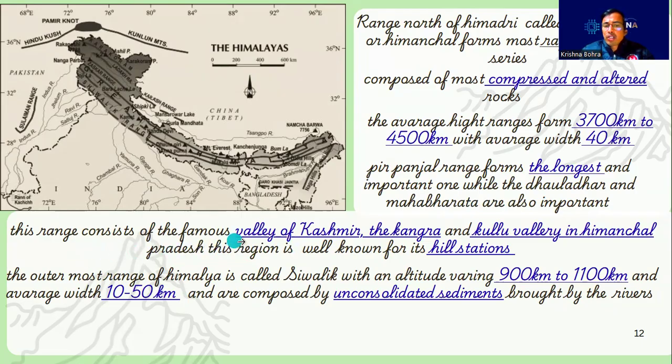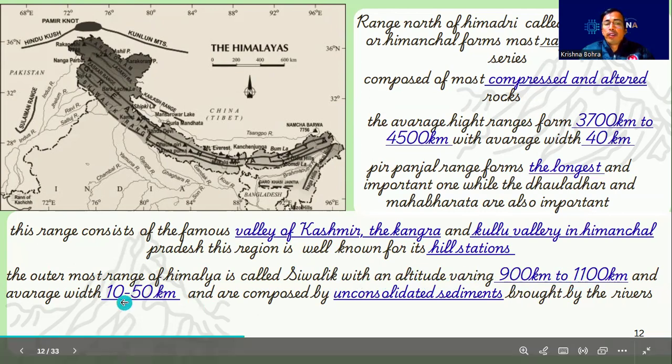The range consists of the famous Valley of Kashmir, the Kangra and Kullu Valley in Himachal Pradesh, and this particular region is well known for its beautiful hill stations. The outer layer of the Himalaya, or the next layer of the Himalaya southward, is called Shivalik, with an altitude varying 900 to 1100 km, with an average width of 40 km, from 10 to 50 km. So again, you can compare the Shivalik with the